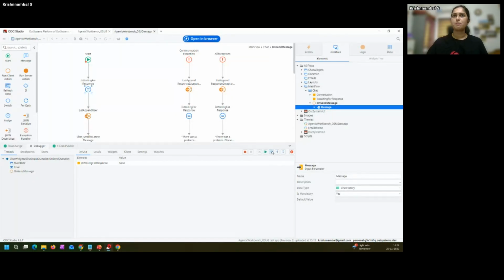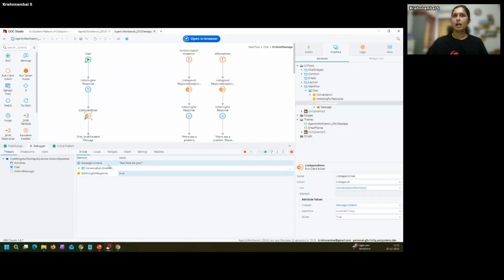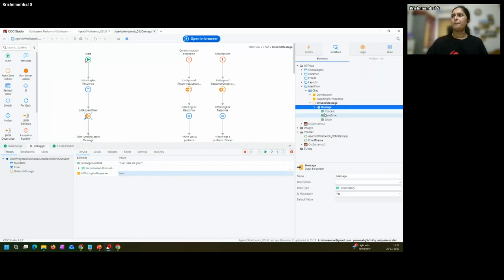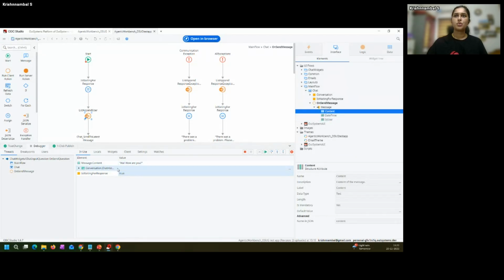So let me go next. Is waiting for response is true. And the message we have, the message is again a structure. As you can see, it has a content, date time, is user. So this message was provided by the user. That's why is user will be true. If I expand it,